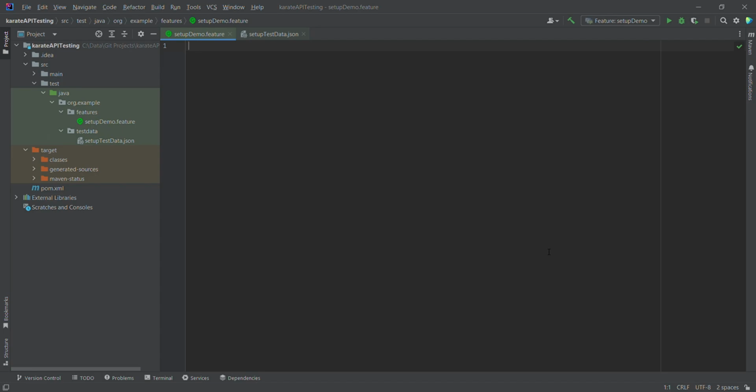your test data that requires more than one line of code in the feature file. At that moment, this setup tag comes really handy. So let's start and see how we can take advantage of this tag in Karate for